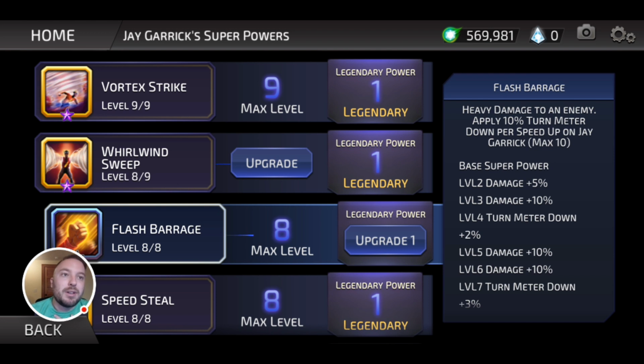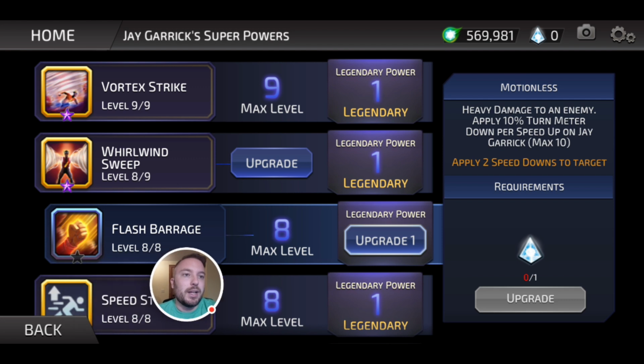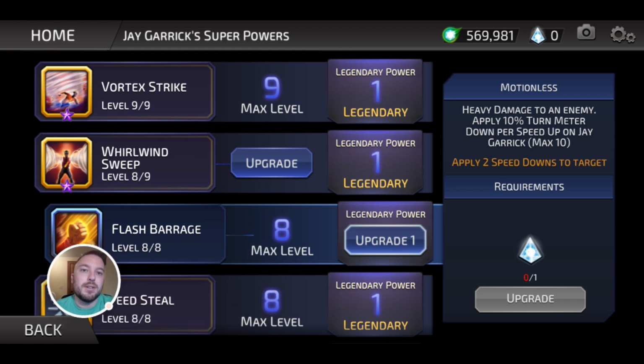It deals heavy damage to an enemy, which isn't really that heavy. Apply 10% turn meter down per speed up on Jay Garrick, right? So if you open up the fight with this ability, I don't think you're going to apply any turn meter down. You have to have speed ups before you can apply the turn meter down, maxing out at 10. And then the legendary point is apply 2 speed downs to the target, which is also...